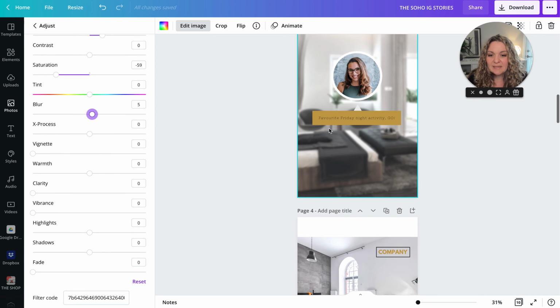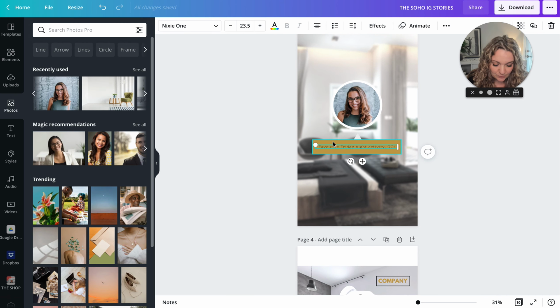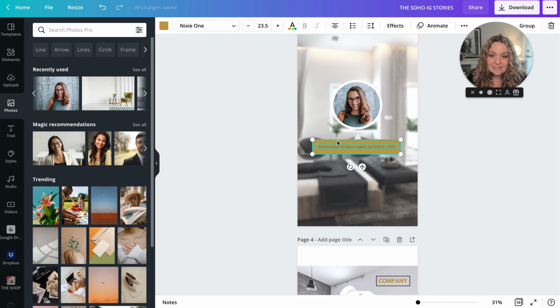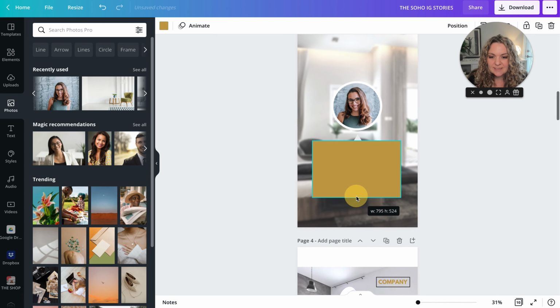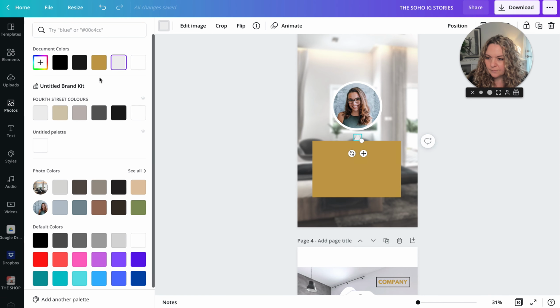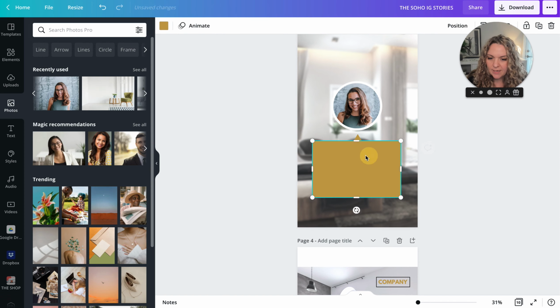So this is the perfect template to discuss this with, because these are Instagram stories, and you know that you can add stickers in Instagram stories. So for this particular one, I would either delete the text completely because we can add it on IG stories, increase this box in size, change this color as well. Okay, and now we can use this as a frame so that when we go to IG stories, we can